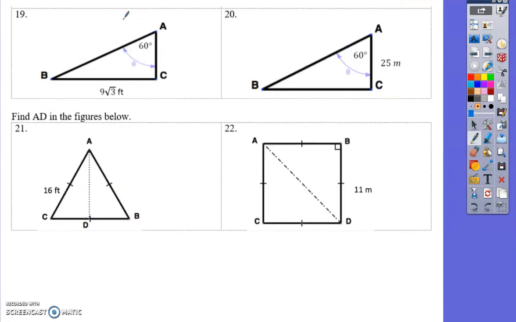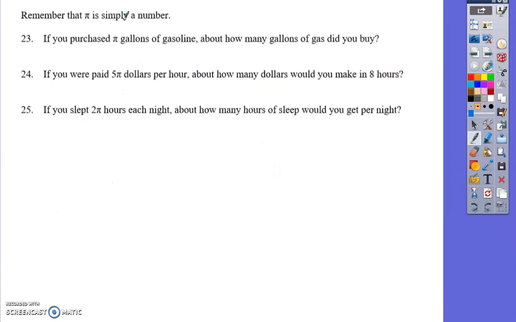And then 21 and 22, which are not numbered the same on yours, are taking the other problems and applying them to a square and an equilateral triangle, which is where everything came from. Then we asked you weird questions about pi. It's important that you get very comfortable with pi as a number and a quantity, not as this strange variable you don't know,